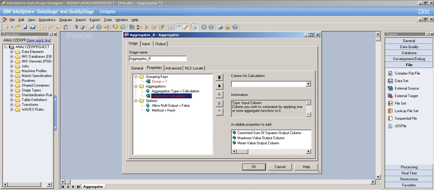Because it's reducing the volume of data, I can happily summarize the records in each group, and it's easier to manage rather than dealing with huge volumes of data. So that's a pretty cool function of the aggregator stage. And if you group a large volume of data with one or more characteristics,